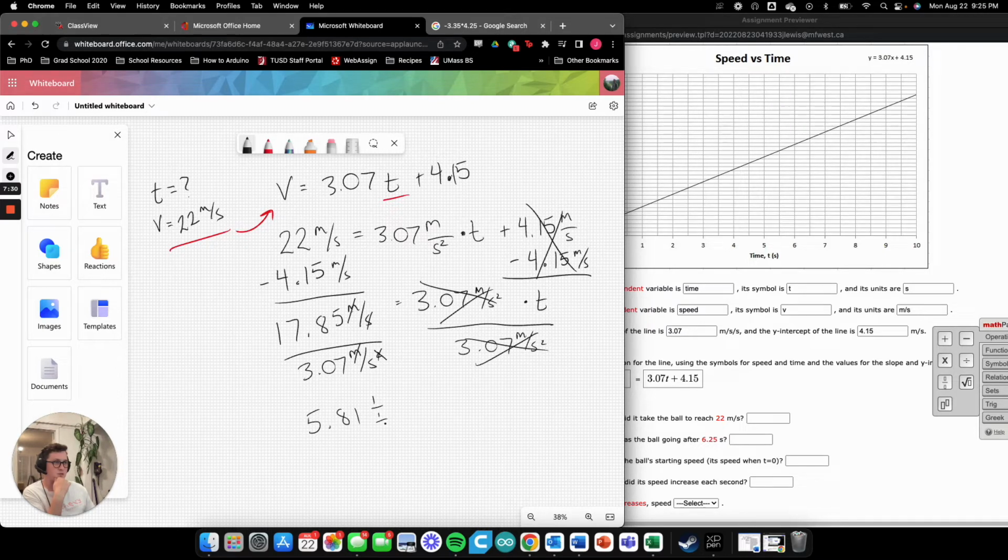like this. But because of algebra rules, when you have something at the bottom of a fraction, it flips up to the top. So don't worry about all this. The unit stuff is much more difficult than the numbers. Focus on the numbers. This equals t. So 5.81 seconds is our